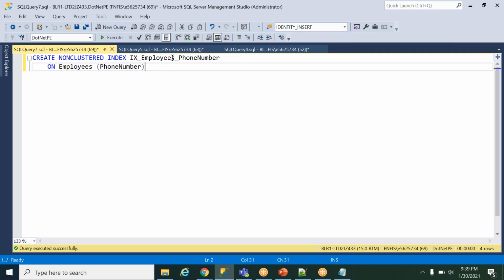A non-clustered index can be created on columns other than primary keys. Say, for example, on the primary key you already have a clustered index, right? So when you fetch the data with select star, or first name, last name, employee ID, it will return because the clustered index is already there.